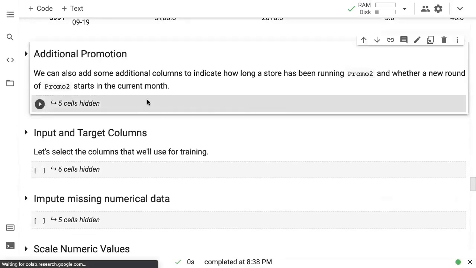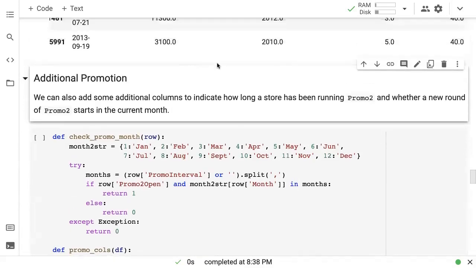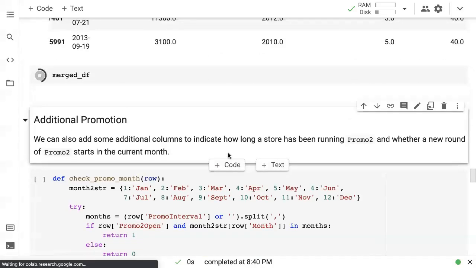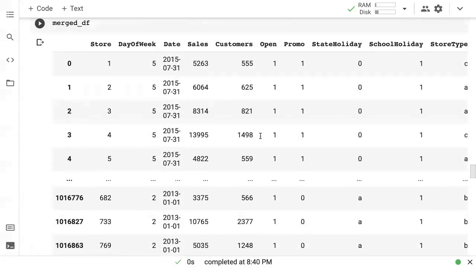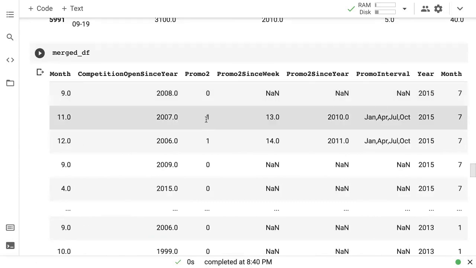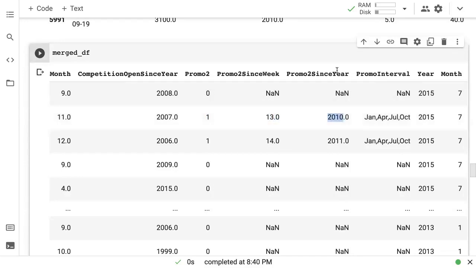All right. Now there is another set of columns, which is to do with promo 2. If you recall, promo 2 is basically representing a company-wide promotion that stores participate in, and it's a recurring promotion. So if a store participates in promo 2, then you will see the number 1 here, otherwise you will see the number 0. And then there is a certain date at which every store has signed up for this company-wide promotion, at different dates. You can see those dates here. Once again, we have year and we have week.